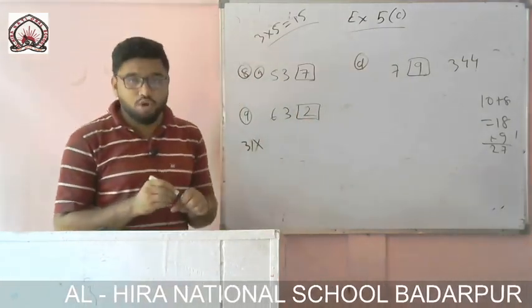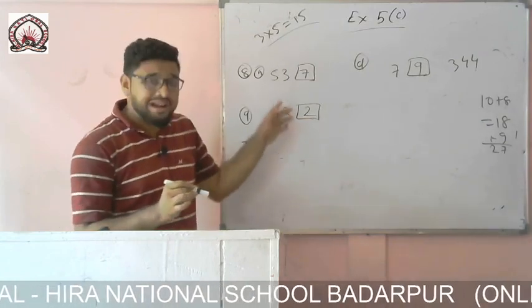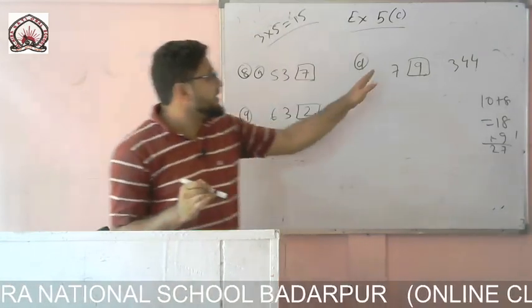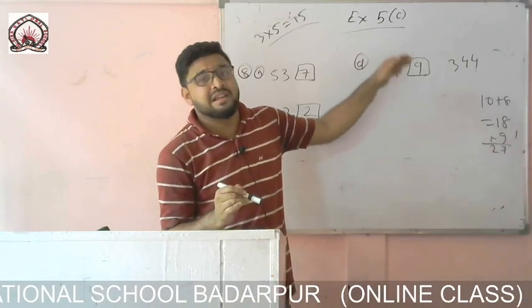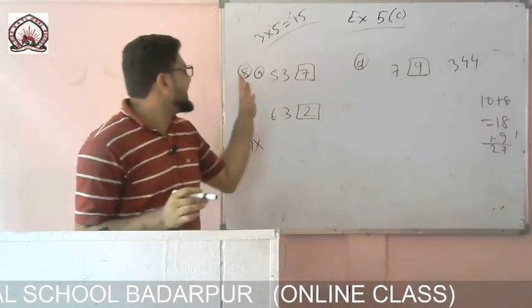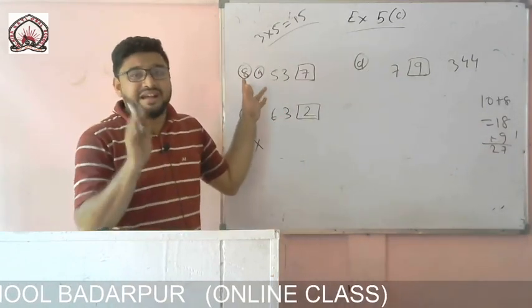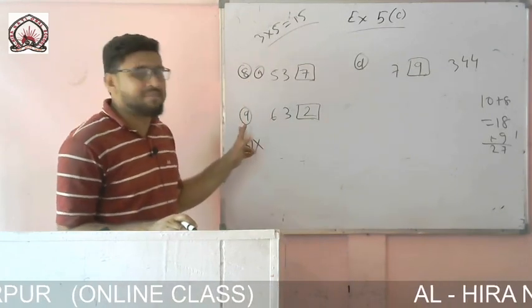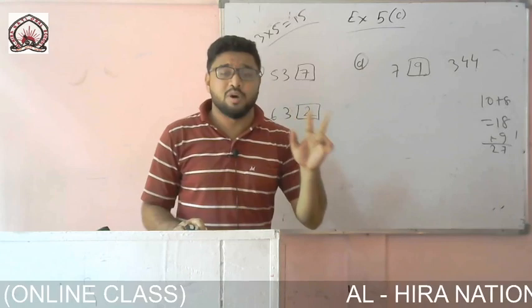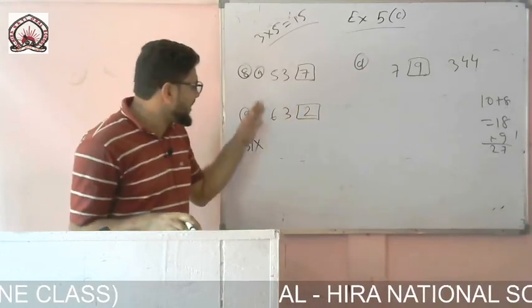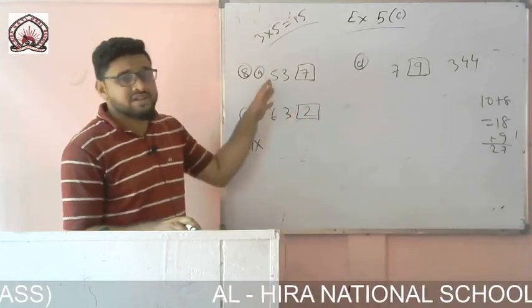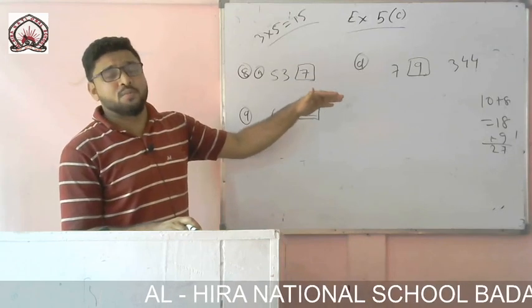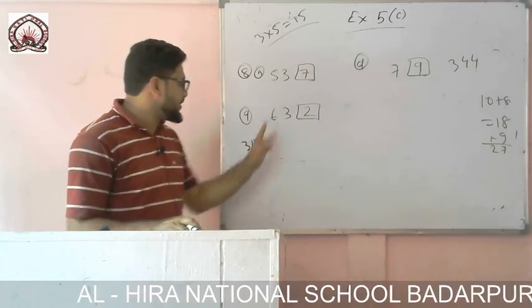So you can use 2 here. Why have I started here with 1, 2, 3, and there with 9, 8, 7? Because in question number 8 it is said that we should use the greatest number, and in question number 9 it is said that we should use the smallest number. So we start from 1, 2, 3, and for greatest we start from 9, 8, 7. Okay. So this one is finished.